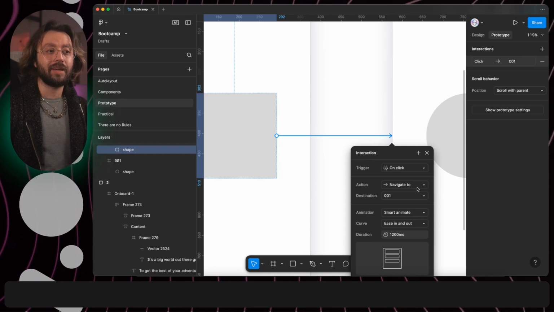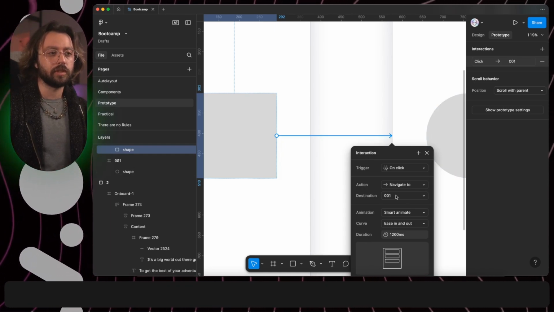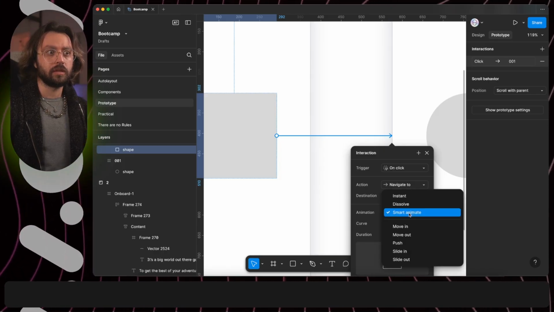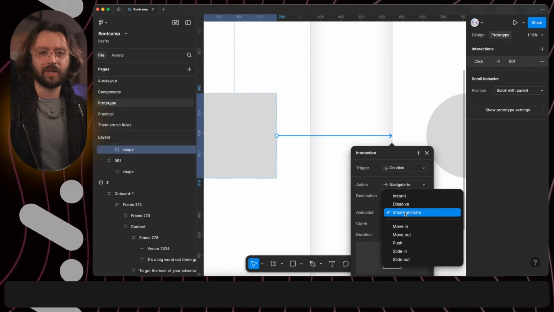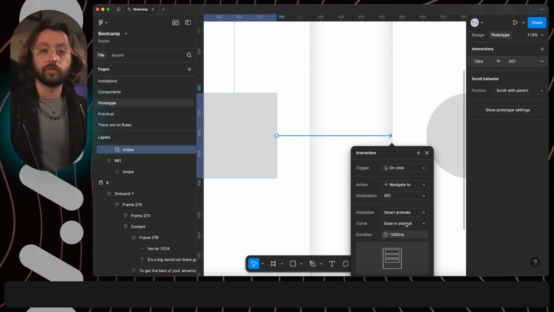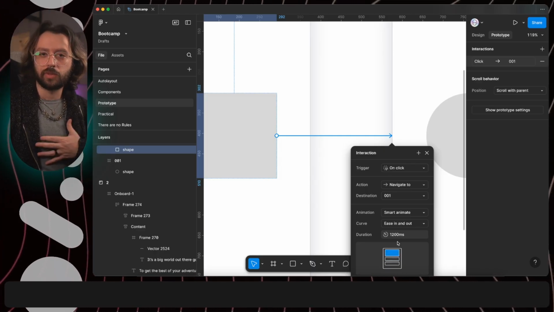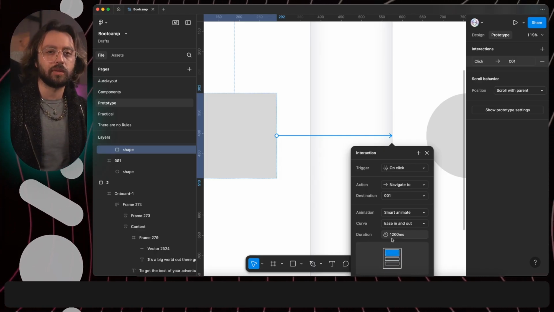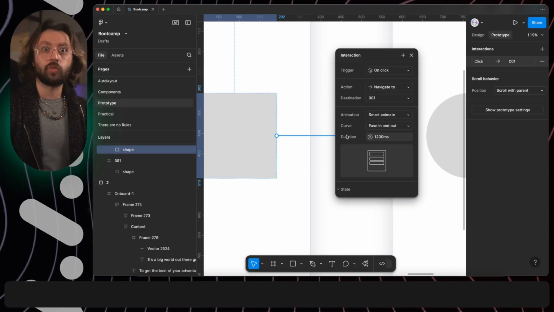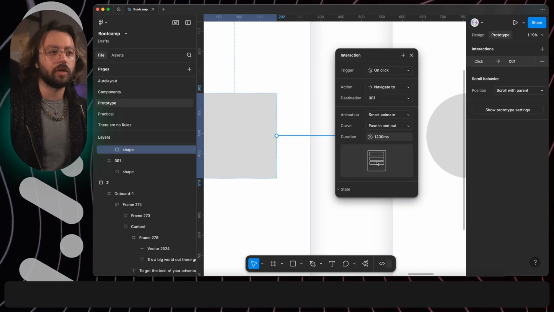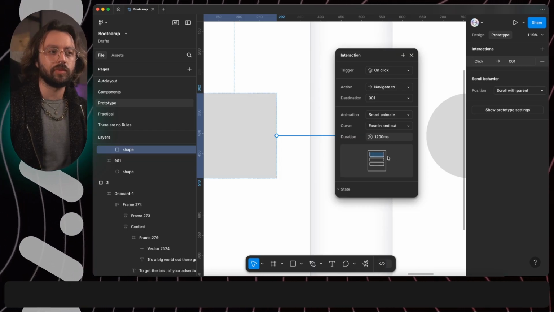But now we want to navigate to that screen, which is called O1, with a different transition of Smart Animate, for example, and a curve for the transition of ease in and out. Duration is 1200 for now, so that I can show you how it looks. If you don't really know how it will look, if you hover on the illustration, it will give you the